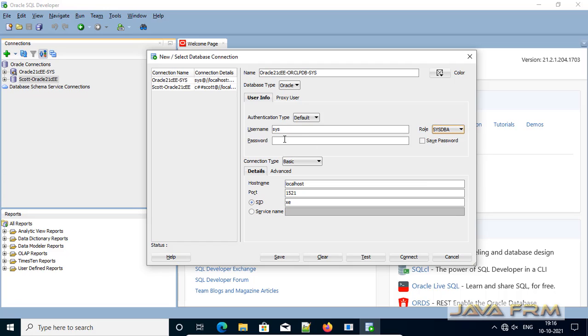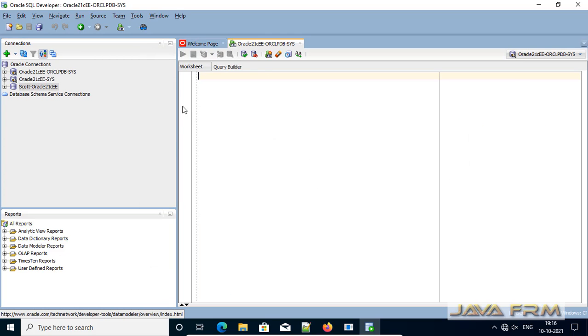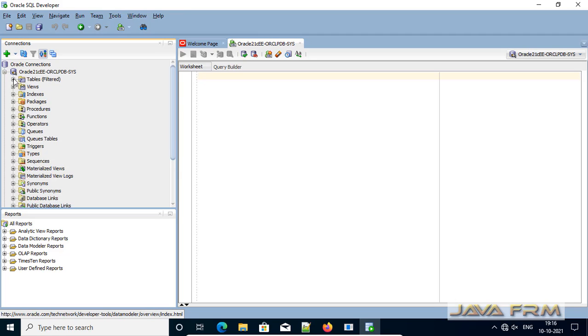So provide the sys username and password. Role will be sysdba, and here the service name will be ORCL PDB. So this is very important. Yes, connectivity is successful. Connect.